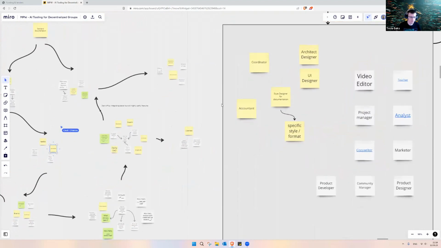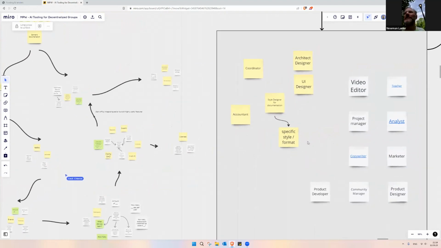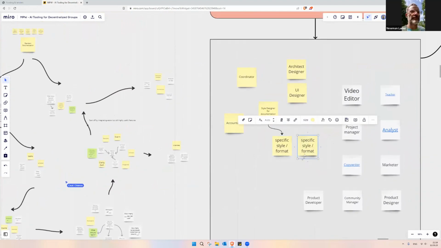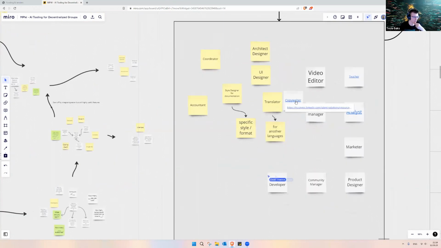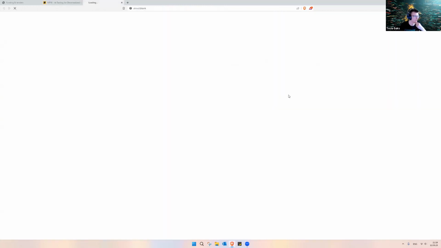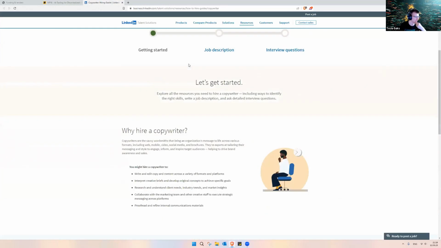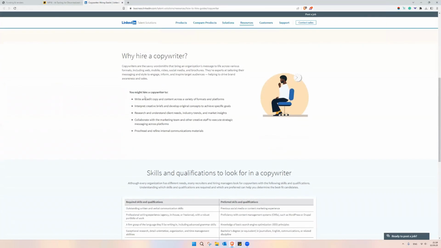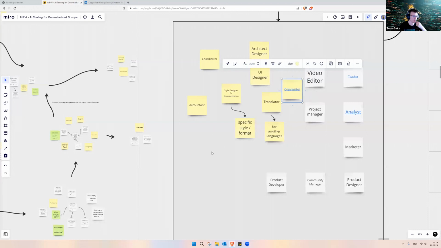Or something that is on a white sticky note. Hey gang, this is Newman. A translator, to translate the standard documentation into other languages. This is a good question. What is a copywriter? Does somebody here know? That would be someone who actually does the writing of the content. I think we definitely need a copywriter in this case then.